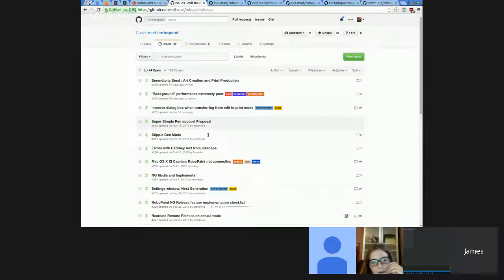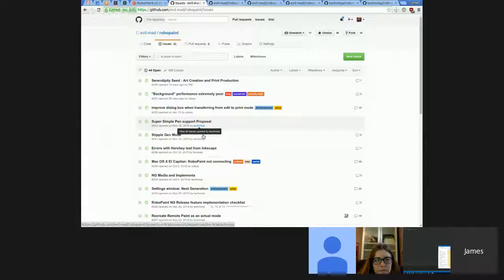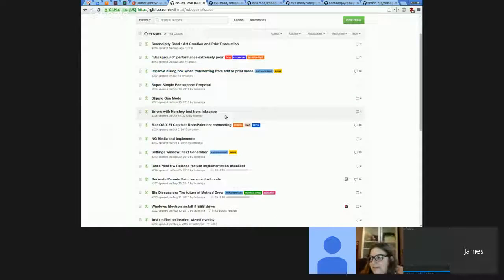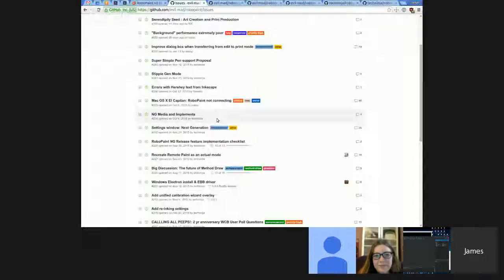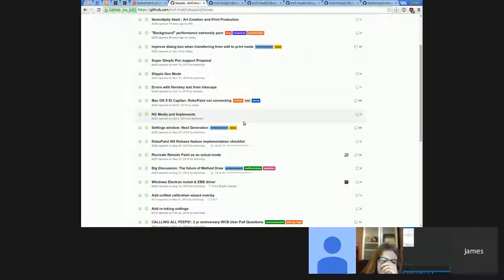I do all of the work on this project in my spare time, just out of the I feel good. Just about out of being your daughter making the watercolor bot. Well, I know. I mean, yeah, it's my daughter, but it's a cool project. I had never done anything like this before. Three years ago, none of this stuff existed, and now I'm knee deep in fun, interesting, open source stuff. I've never really owned a project before, so this is fun. Fun stuff like building Node serial port for Electron. That's not fun. That's not fun for anyone, and we don't speak of that.